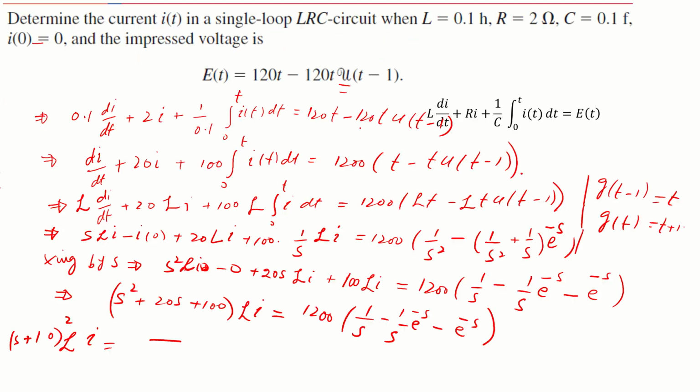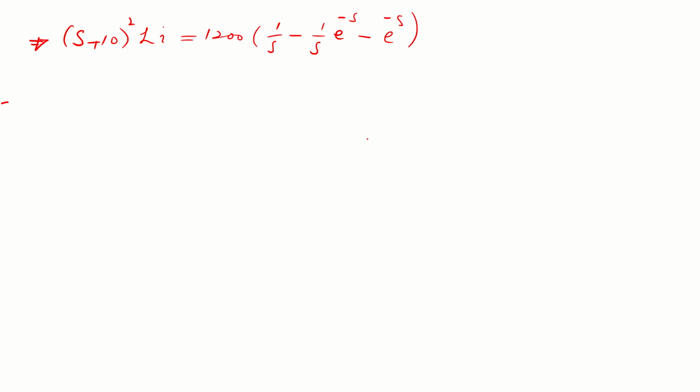So it's s plus 10 squared Laplace of I, that is equal to 1200 times 1 over s minus 1 over s e to the power minus s minus e to the power minus s. Now dividing this by s plus 10 squared to get Laplace of I,